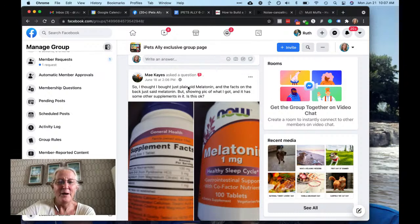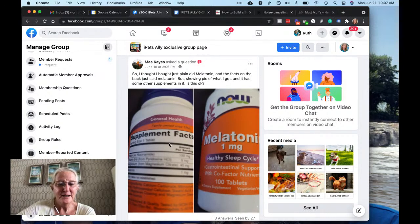Now, Maya's asking about melatonin, and if you see this on the label with cofactor nutrients, yeah,